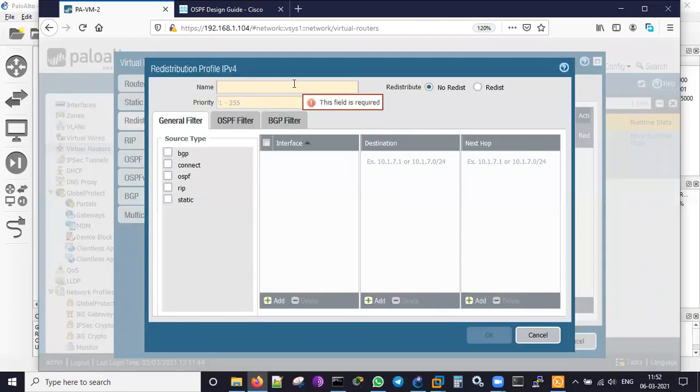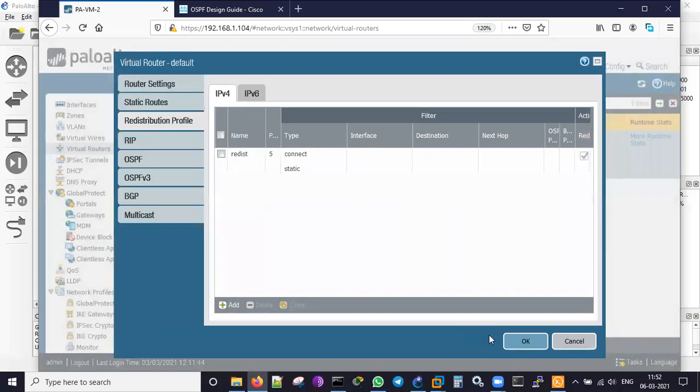I'll just give a name like redist, and redistribution has to be on. Priority I can give anything, no issues. I'm giving 5. This is most important: connected and static. Connected routes and static routes will get advertised through this redistribution profile to the backend clients which are sitting behind the Cisco router. I'll just click OK here.